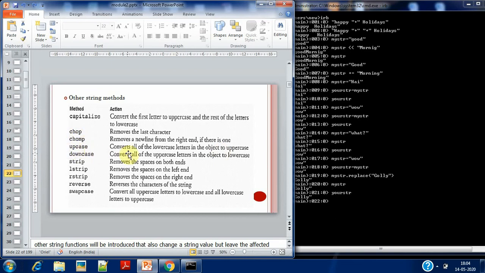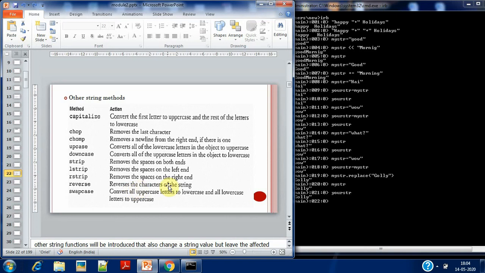Then upcase converts all the lowercase letters in the object to uppercase. Downcase converts all the uppercase letters in the object to lowercase. Strip is nothing but removing the spaces from both ends. Lstrip removes the space on the left hand. Rstrip removes the space on the right hand. Okay.